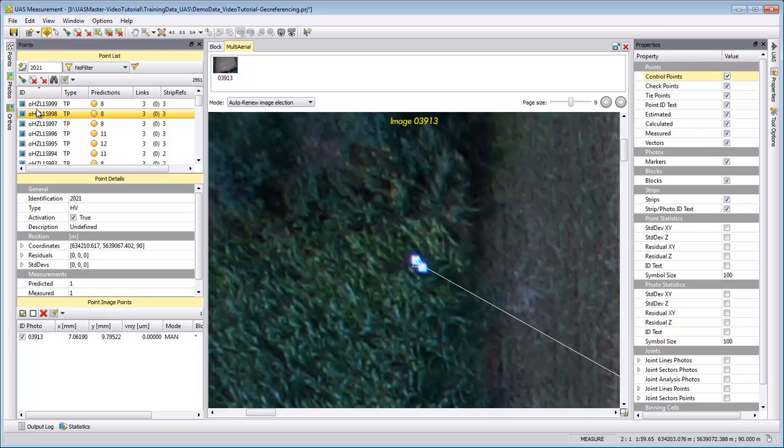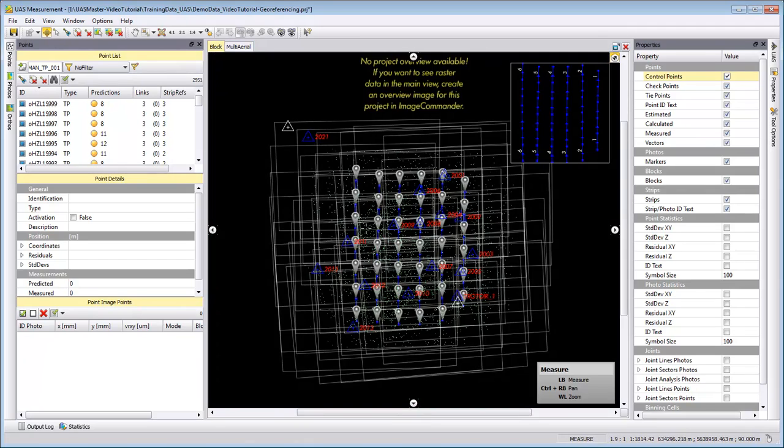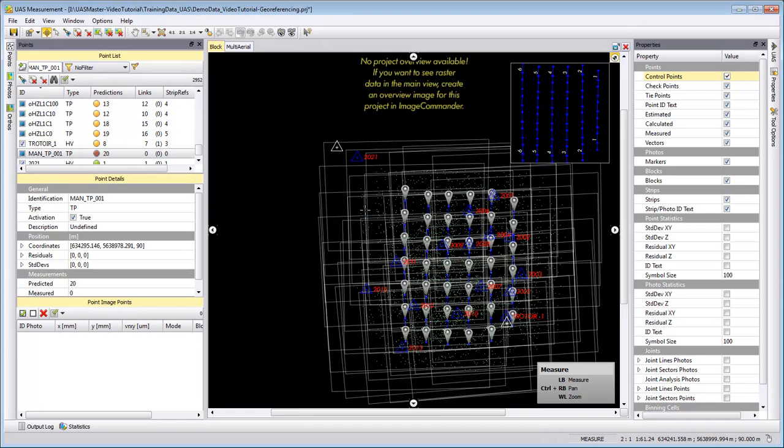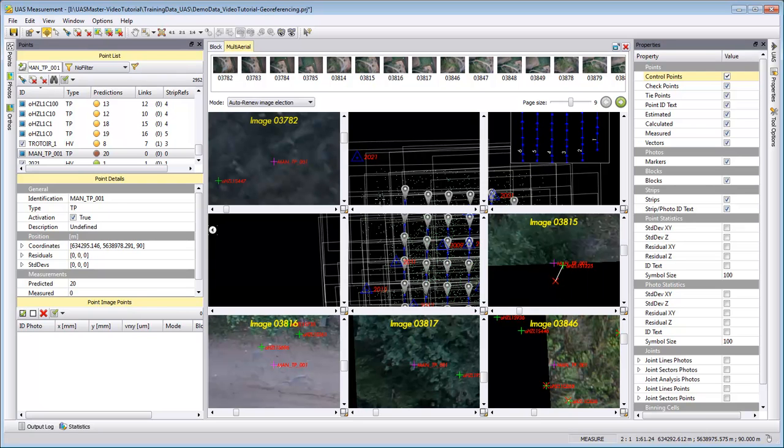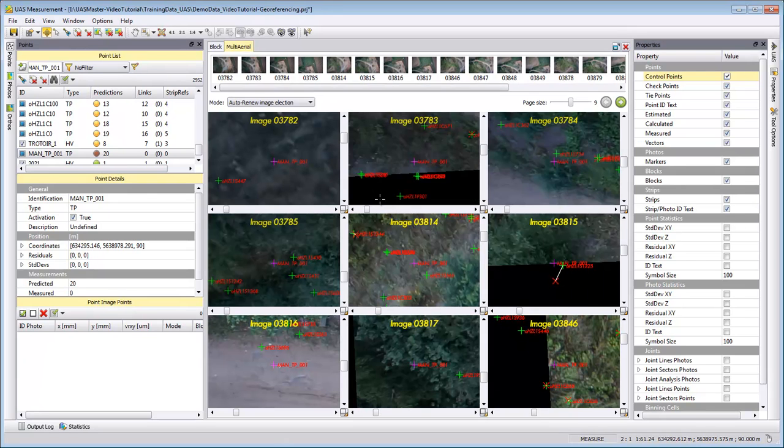The tie points that we have use an automatic naming, which makes it easy to understand they are not made by a manual measurement. If we want to add a manual tie point, it's very easy. We can use a naming function. I will call my manual tie points MAN underscore tie point underscore 001. And if I click now in the block view somewhere with the measurement function, then I add this tie point. If I go to the multi-aerial, it gives me a prediction where the position of the point is predicted,